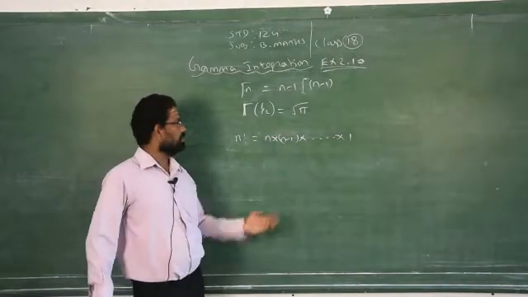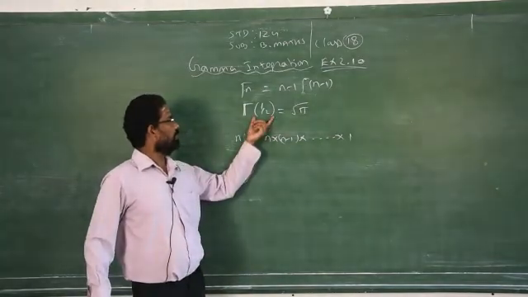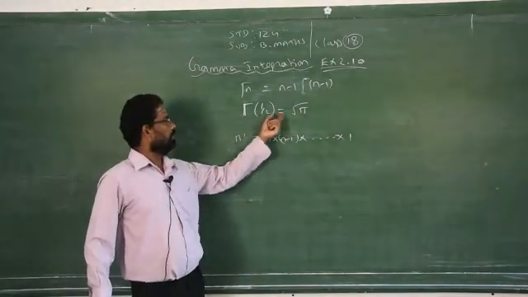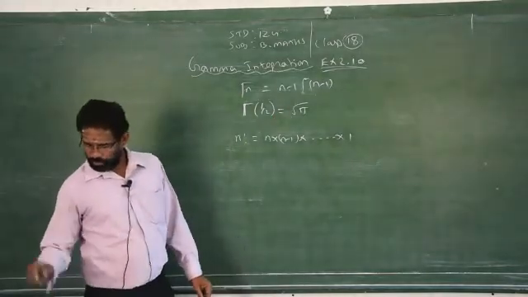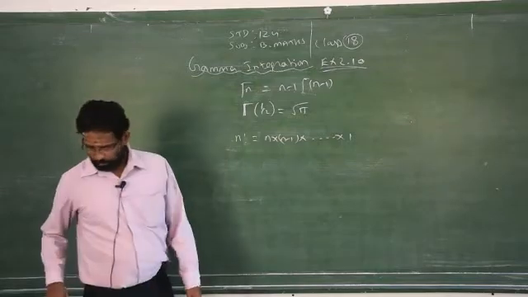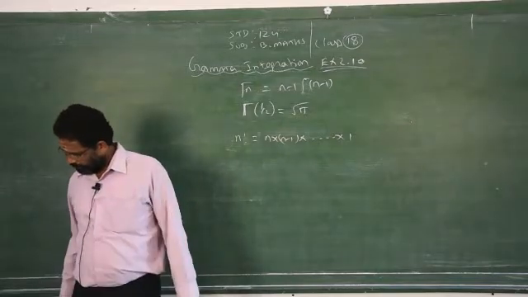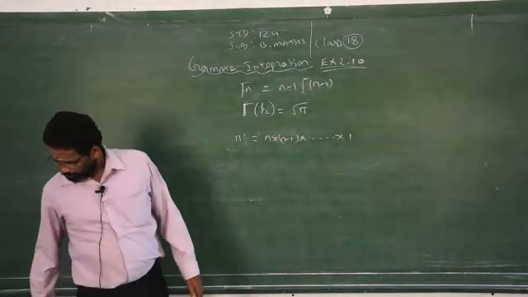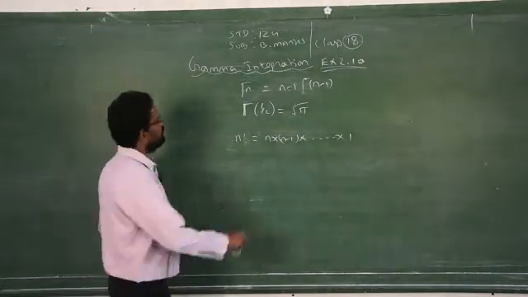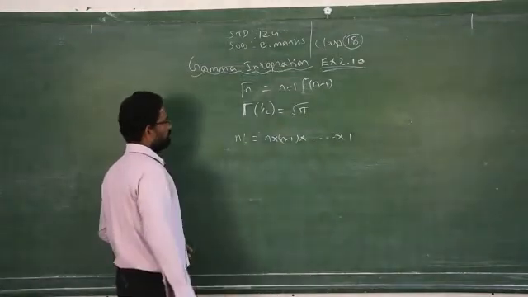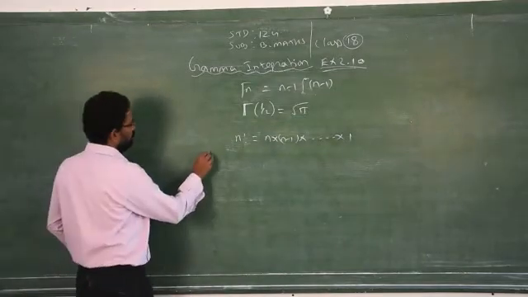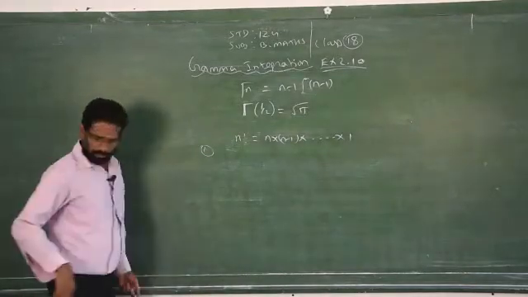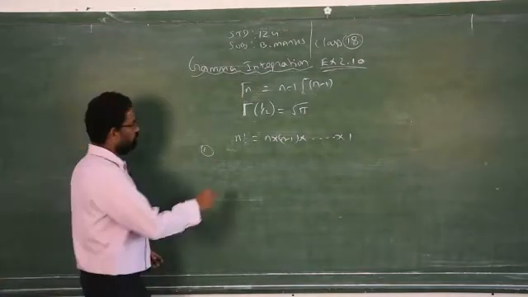So, no new concept. The only thing you have to memorize is gamma of 1 by 2 is square root of pi. That is all. Based on this, we will see some problems. Then after that, we will go to the sum number 6 of the previous exercise. These are the formulas, we just have to remember. Now, we will go to the sum number 1, it is gamma 4.